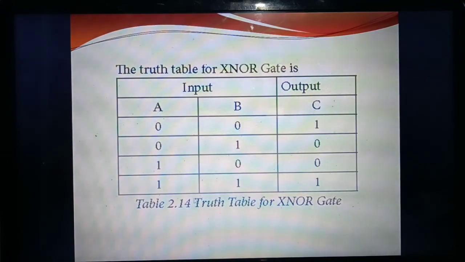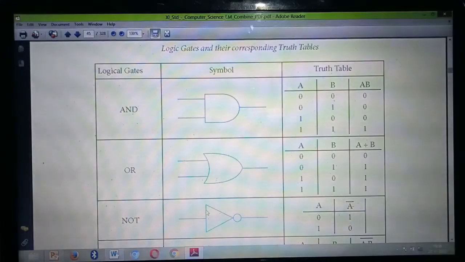So chapter over. Next you need to study the truth table for all the gates. For that, all of you take your textbooks and take page number 39. This is very, very important. What you have already studied, all the gates, the symbol and truth table, they have given in the tabular column. So by seeing this tabular column you can study easily.